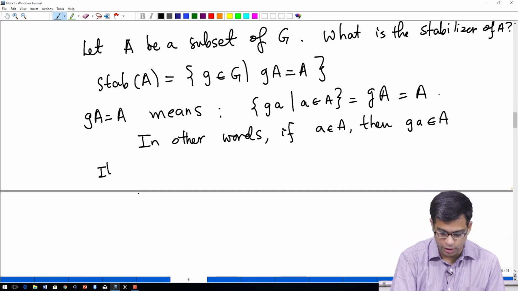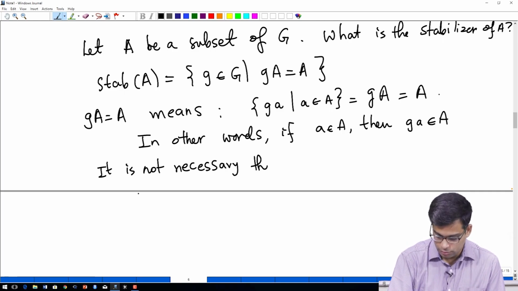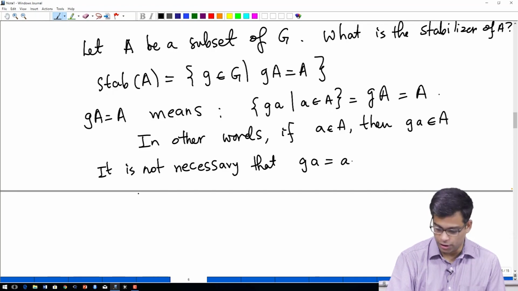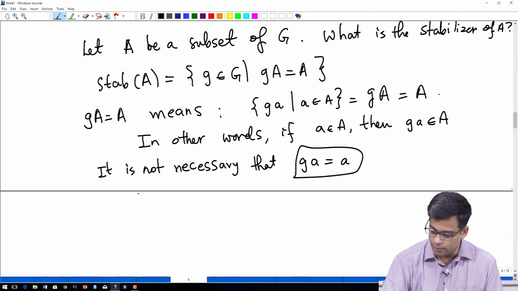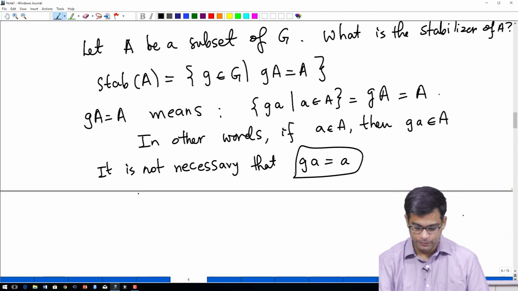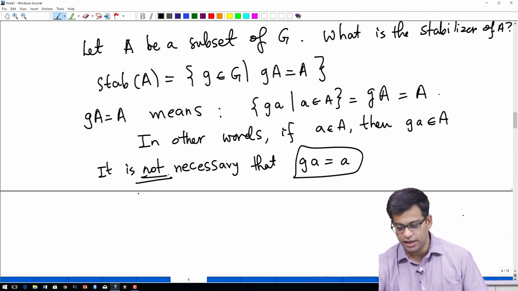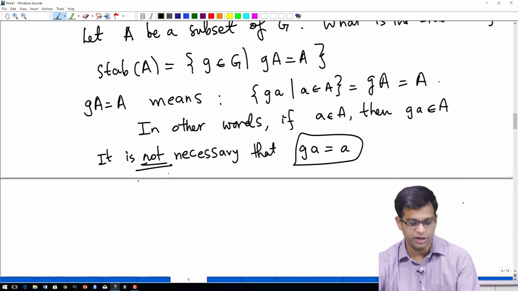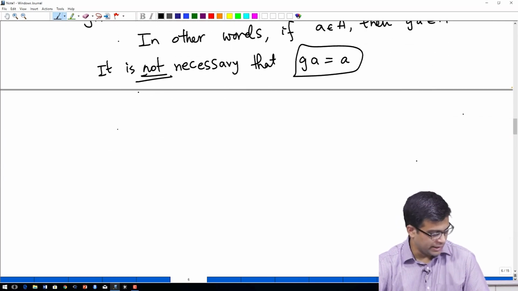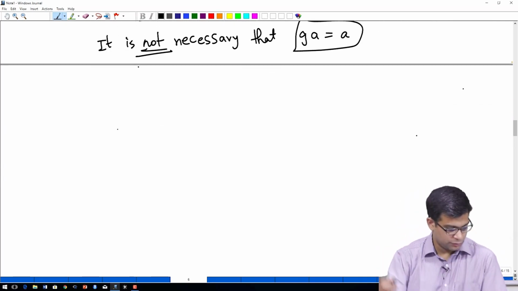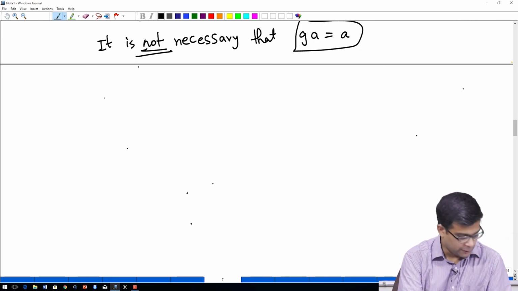In particular, it is not necessary that ga is equal to a. So, we do not need ga to be a. We need that ga is again in A. So, certainly g times capital A equal to capital A does not mean g times small a is equal to small a. With that, now suppose that